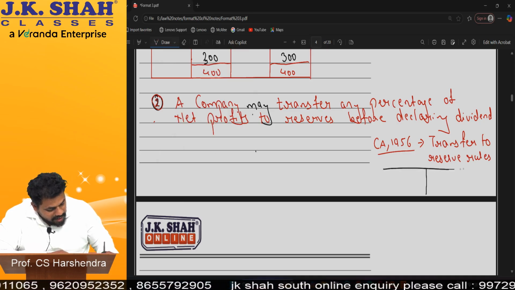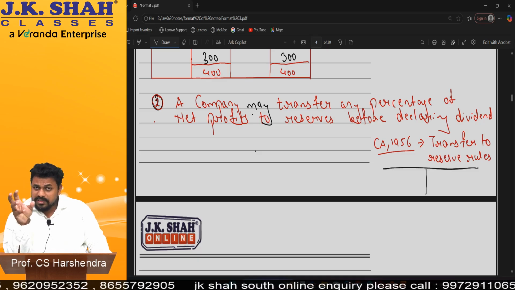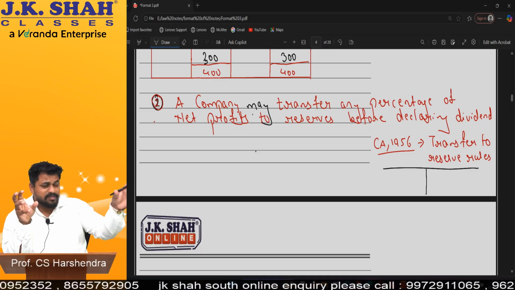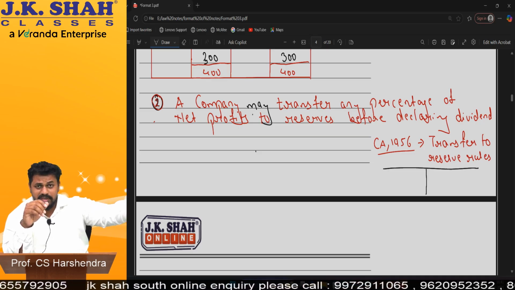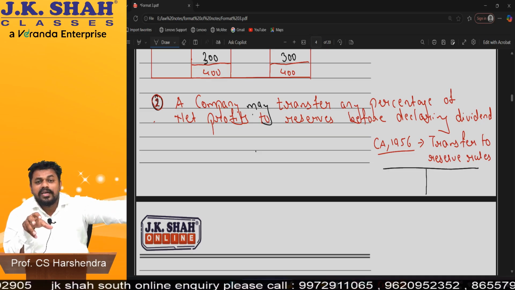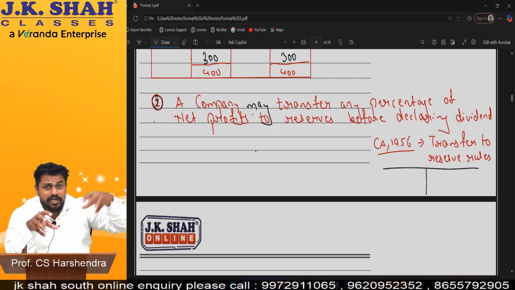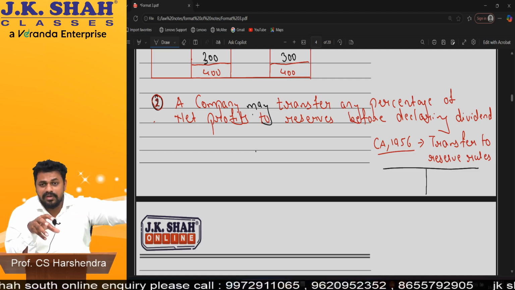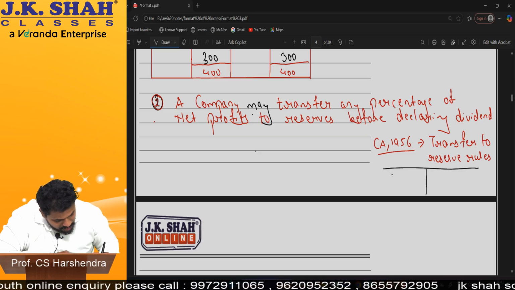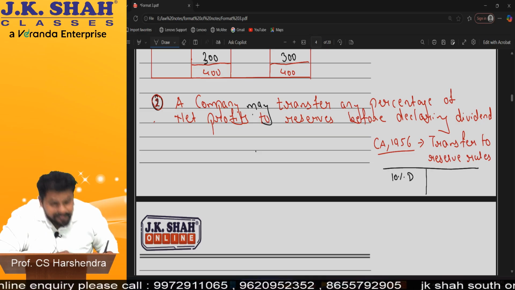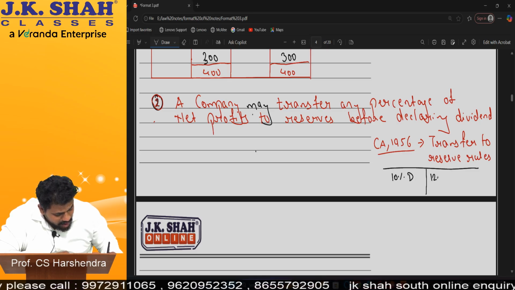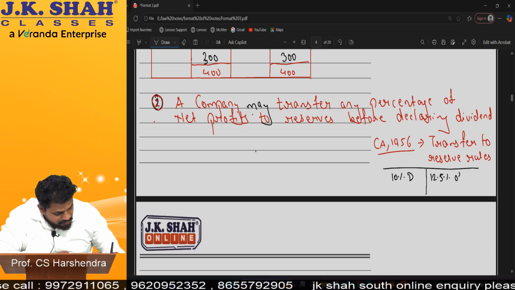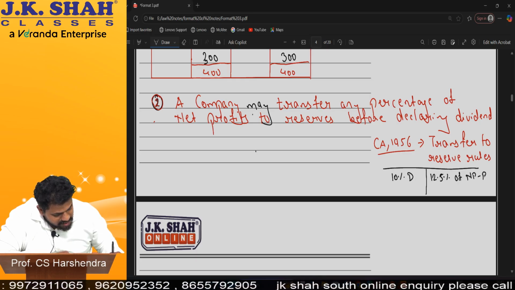The rules used to say that if you are giving this much percentage of dividend, this percentage of net profit you have to transfer to reserves, and from the balance you can pay dividend. So mandatorily, out of your net profit, some amount you have to transfer to reserves. For example, if you are declaring 10% dividend on face value, then mandatorily 12.5% of net profit has to be transferred to where?